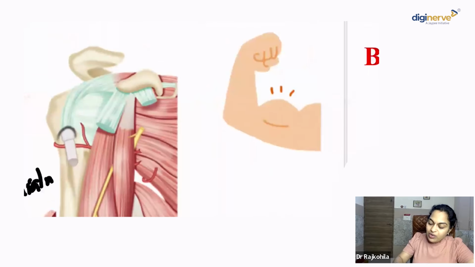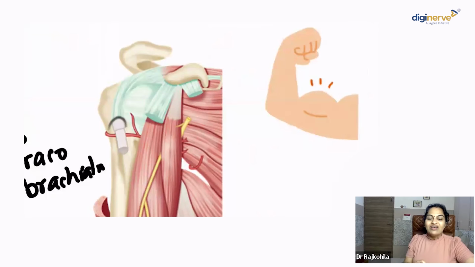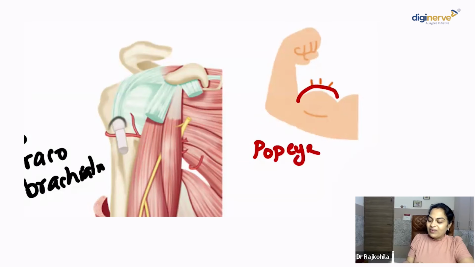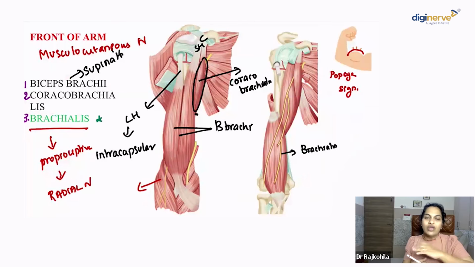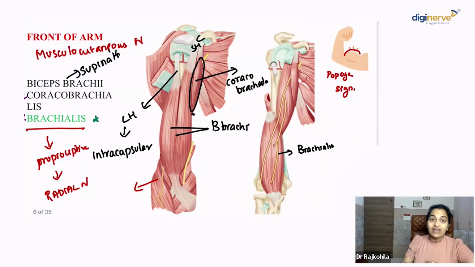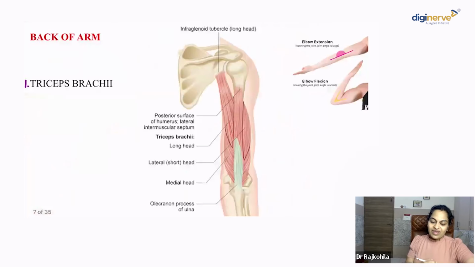I would like to add one more point. Rupture of the long head of biceps presents as a bulge in the middle of the arm. This is called the Popeye sign. This was also an MCQ, one of the questions in your NEET PG INICET. Again, the musculocutaneous nerve is a very important topic for a case-based scenario, and it has been asked recently.